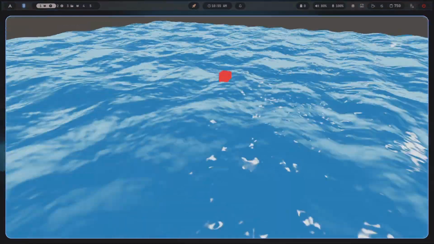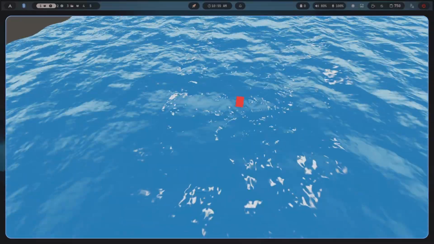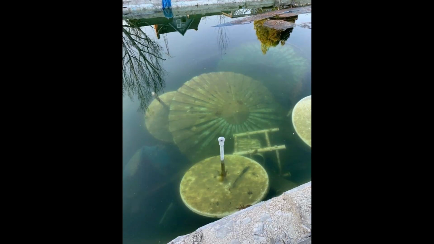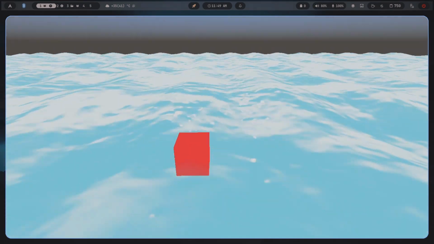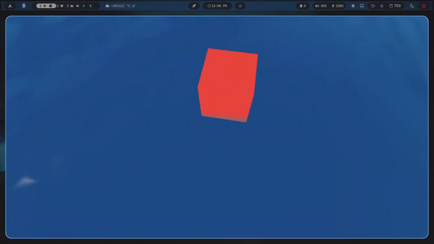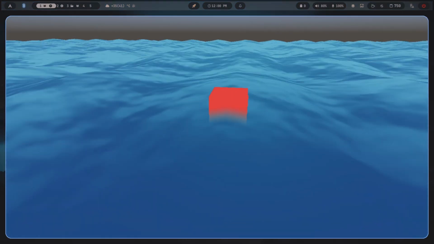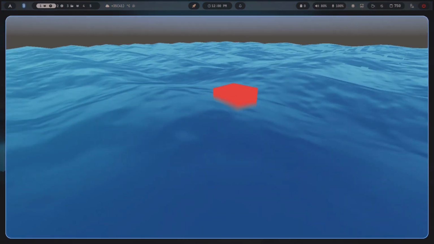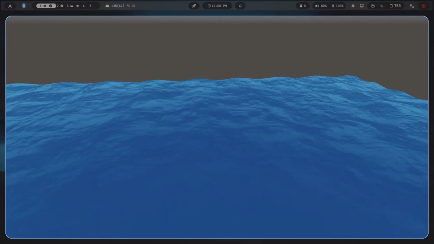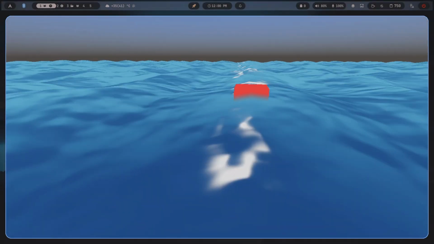Right now, the red cube just cuts through the water with this ugly sharp edge. In real life, things get harder to see the deeper they go because water absorbs and scatters light. By comparing the water surface depth against the pre-rendered screen depth map, we compute a depth difference. Objects near the surface stay visible while deeper sections exponentially fade into the watercolor.